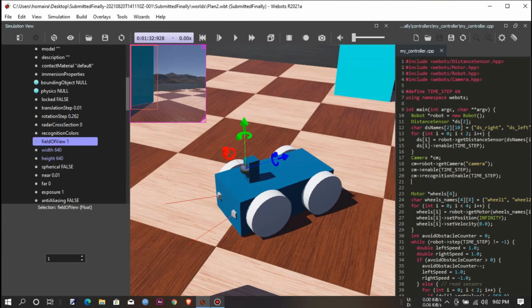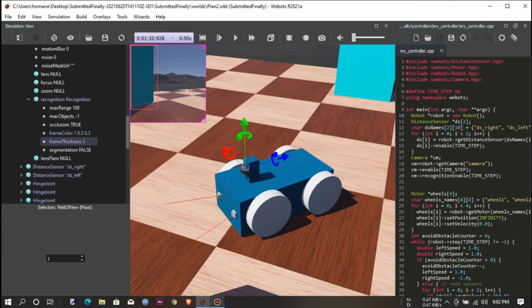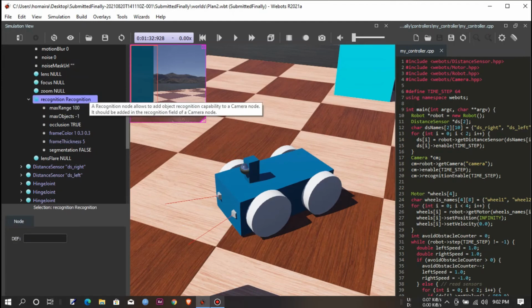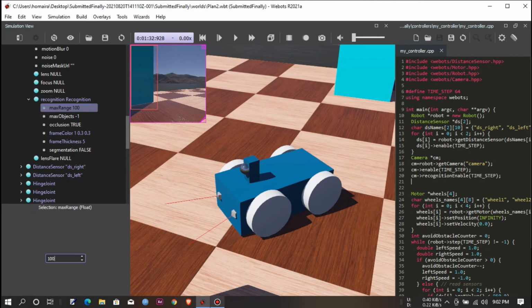Now the camera needs to recognize certain objects. To do so, I have to enable the recognition. So I have clicked here in the recognition and added it. The maximum range is given 100, that means it can recognize within 0 to 100 range. Maximum object is -1, so that it can detect or recognize an infinite number of objects.